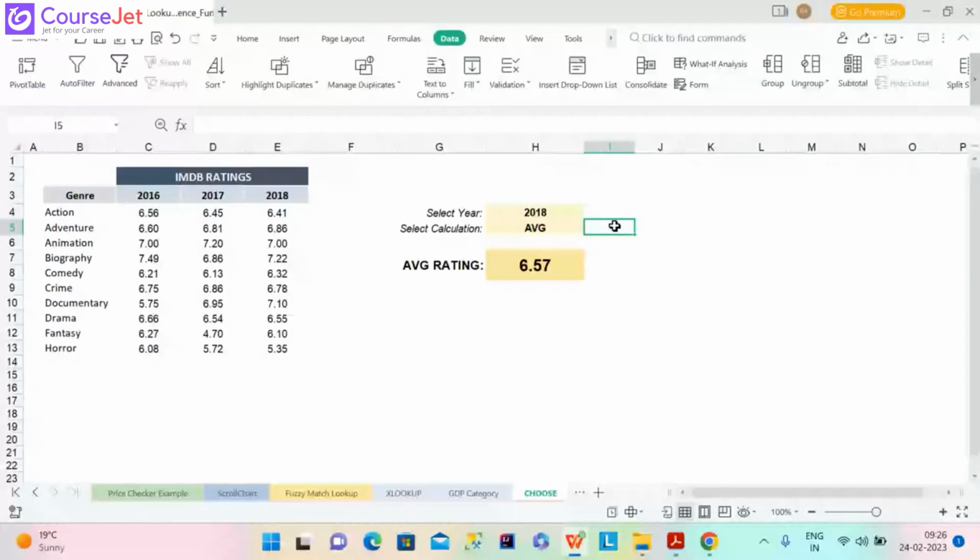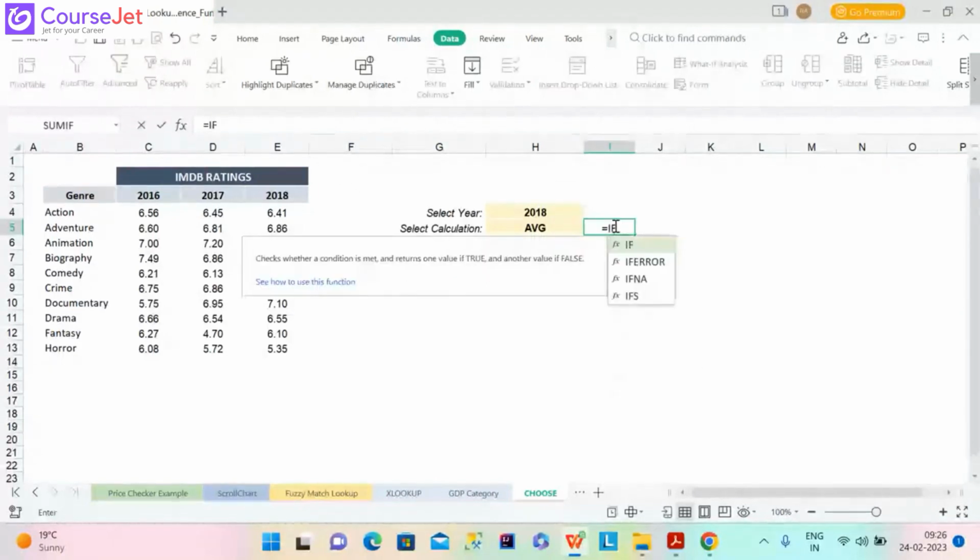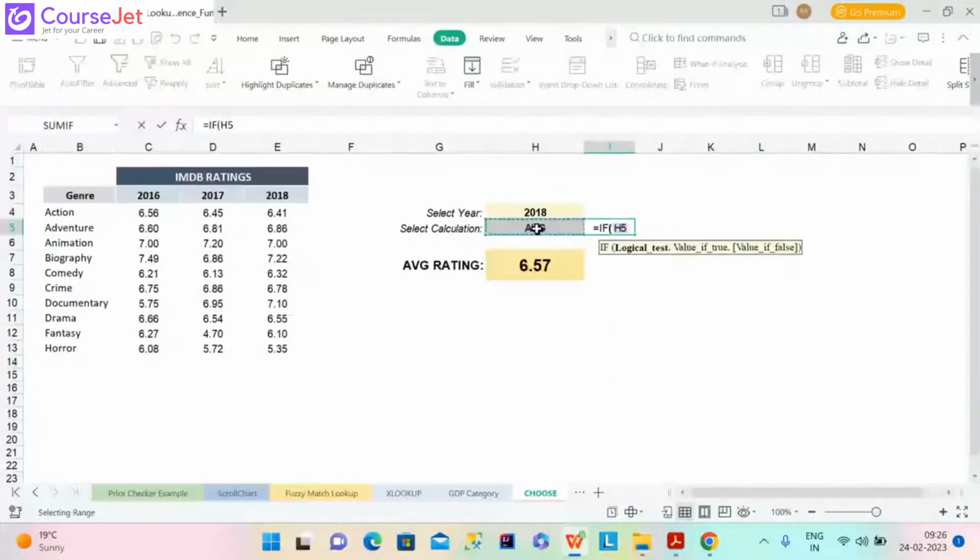So I'm going to use I5 and just write an IF statement that says if the cell H5 is equal to average, then we have to give the value. What if the value is true? Then return 1. Or return, if it is false,